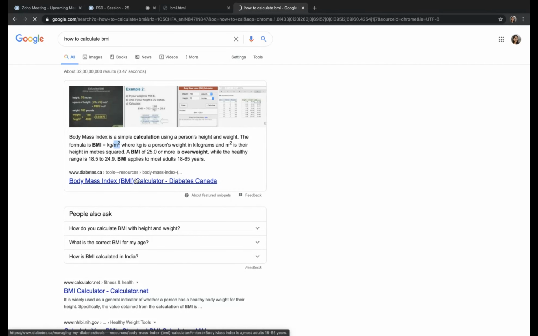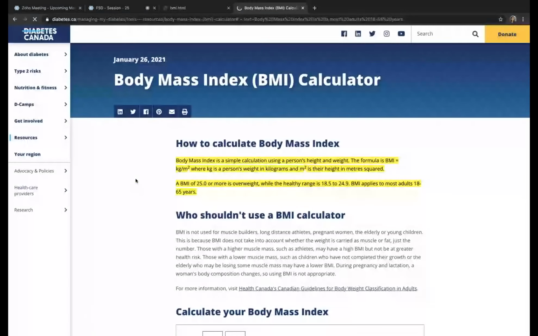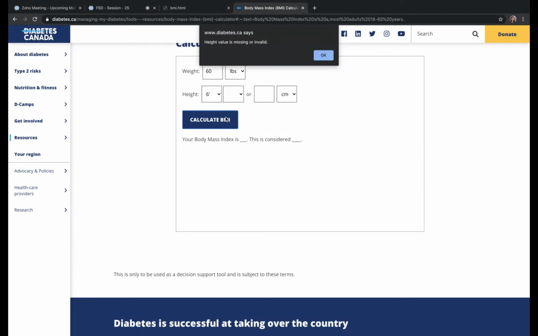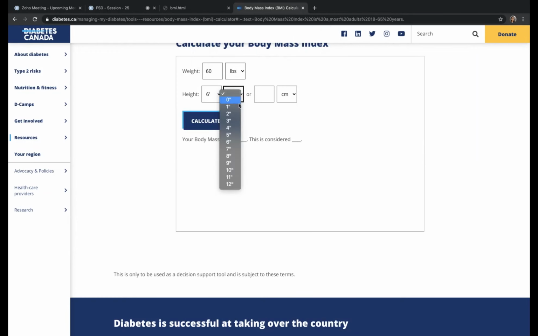So we can check here somewhere. Okay, I'm just giving my height and weight.